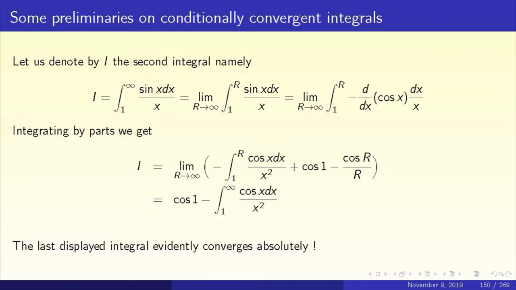The boundary terms are cos 1 minus cos r upon r. Cos 1 of course is an innocent constant, and as r tends to infinity, cos r upon r goes to 0. And so now we are left with the integral 1 to infinity of cos x dx upon x squared, which clearly converges absolutely. So to deal with conditionally convergent integrals, we try to integrate by parts and deal with the